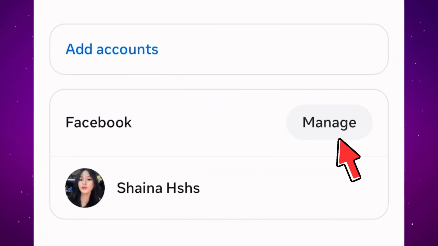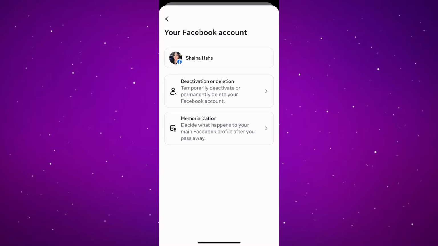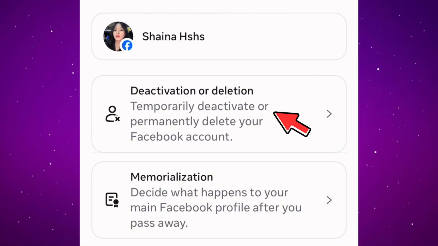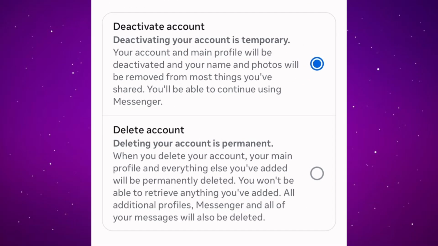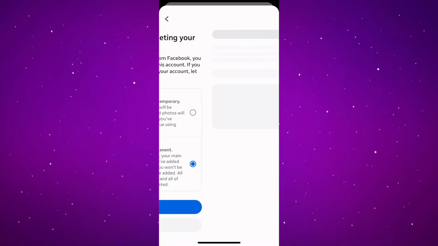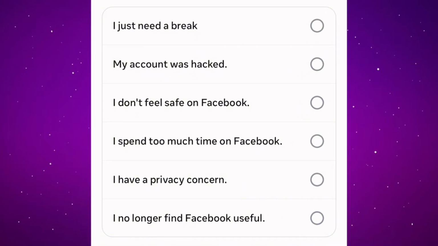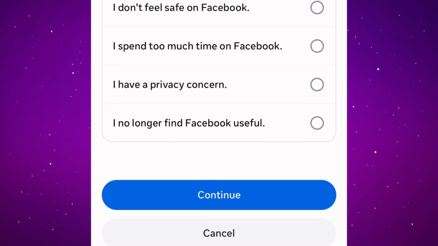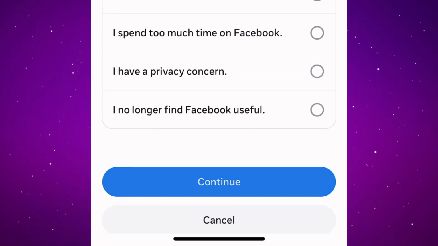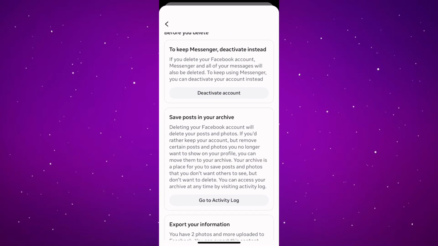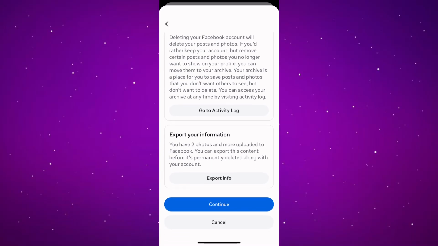Then click this Manage button. Now click this. Then click this and click Continue. So in this, do not choose any one of that. Just click the Continue button only. Now scroll up. Then click this Continue button